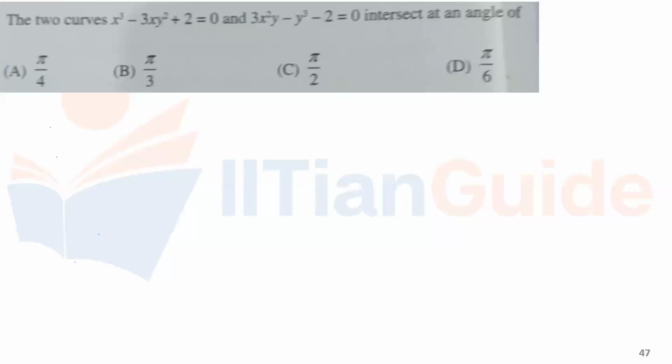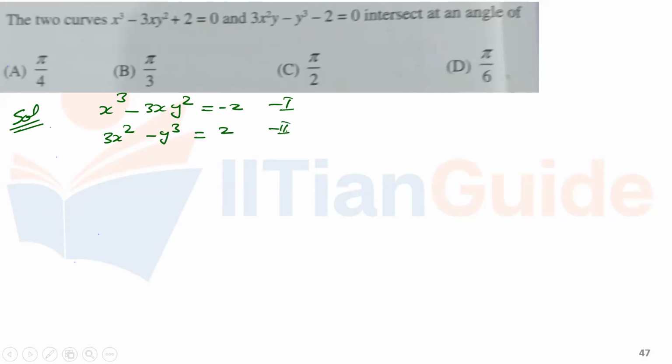ओके ओके. वी आर हैविंग टू कर्व्स. जस्ट अ मिनट, आई एम जस्ट राइटिंग देयर इक्वेशन. x cube minus 3xy square is equal to minus 2 करके लिख दे रहा हूं. आई एम राइटिंग द अनदर इक्वेशन 3x square y minus y cube, and that is equal to 2. दिस इज माय सेकंड इक्वेशन. ये दो कर्व हैं, दे आर इंटरसेक्टिंग एट एन एंगल, सो वी नीड टू फाइंड